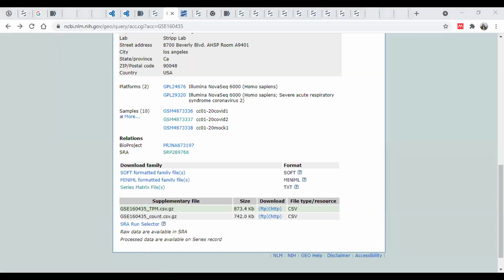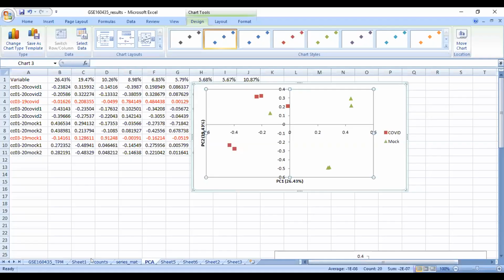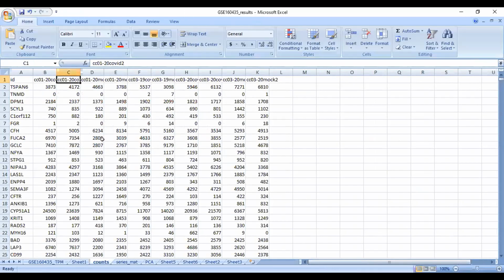Now I have read count values. The first thing I need to do from my read count data is remove these outliers. These are the count values. Once I located what the outliers are, we can delete or remove those outliers from our data. Then we can perform differential gene expression analysis to understand what the important or significant genes are between these two classes, right? Now let me show you how we can perform differential gene expression analysis.